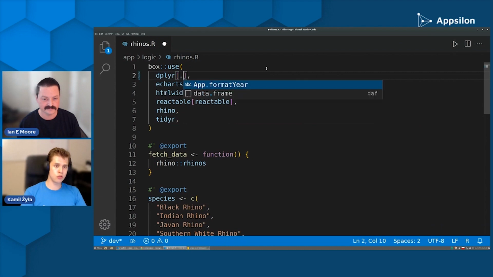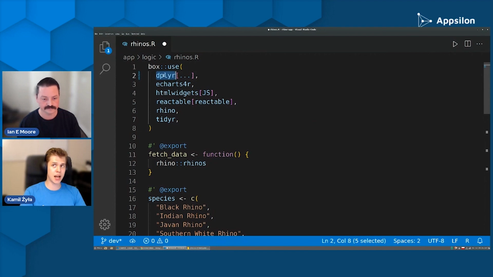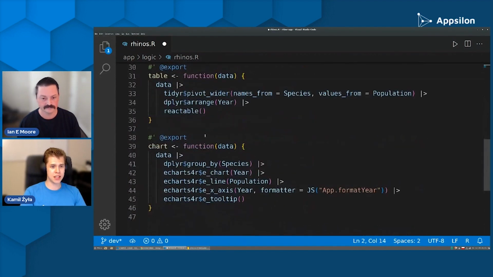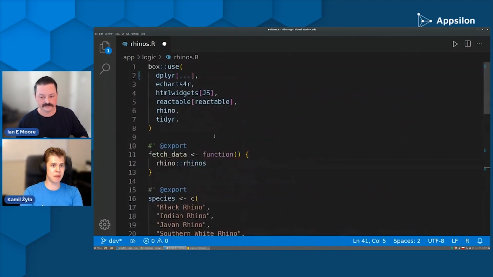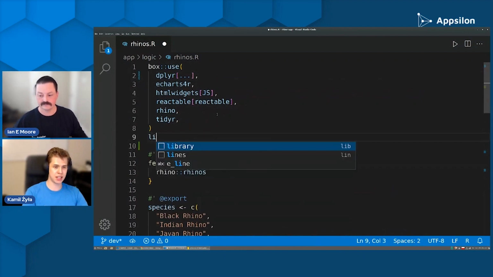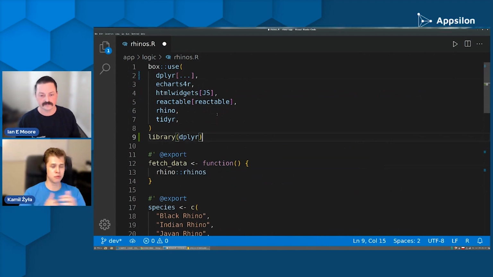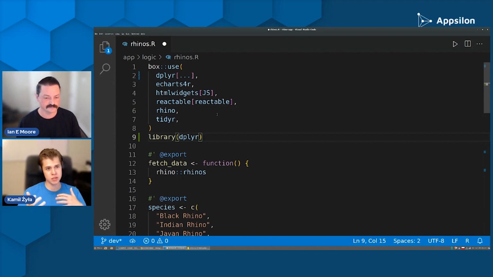Yeah, absolutely. I could do this. This is another feature of Box. This will just import all the names from the dplyr package into this file, and then wherever I use dplyr, I could just use it directly. So this is pretty much what you would get if you did something like library(dplyr). Very similar in terms of how you work with it. In general, I would discourage you from doing that. However, it makes sense in some cases if you have some module which heavily uses dplyr and not much else. It might be actually quite reasonable to import everything there,